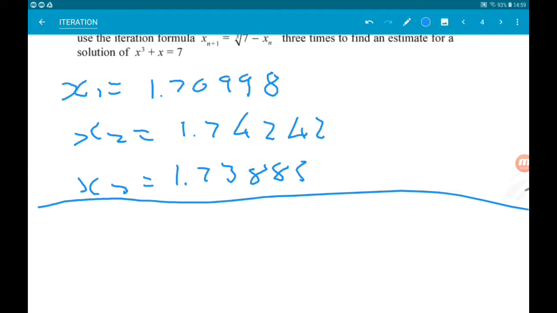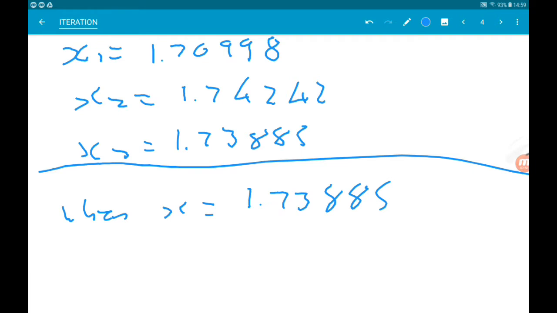So, when x is 1.73885, x cubed add x is 6.9964. Now that is incredibly close to 7,